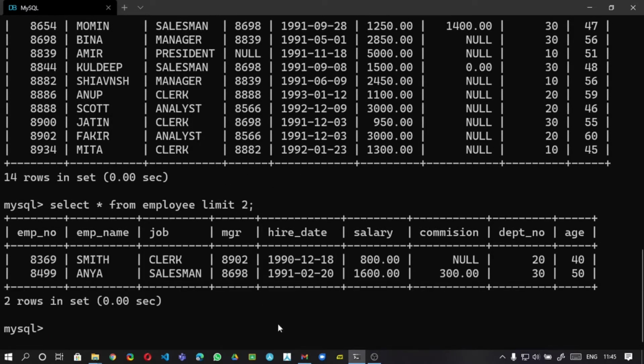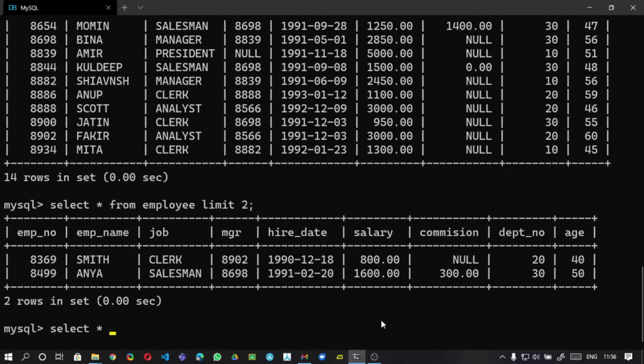Okay, so now let us move on to the LIKE operator. Suppose a situation arises in which you are asked to get the names of the people containing the letter A or S. In that case, you would need to use the LIKE operator. Okay, so let us say you want to extract those names which contain S as the starting letter. So you need to write